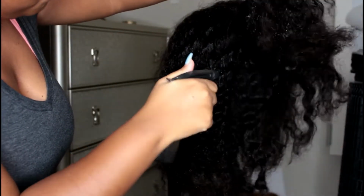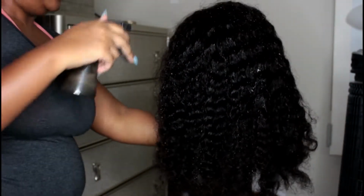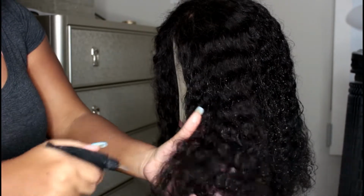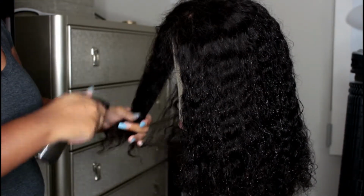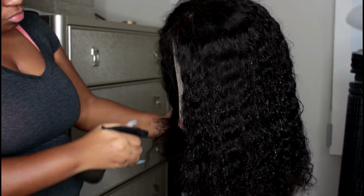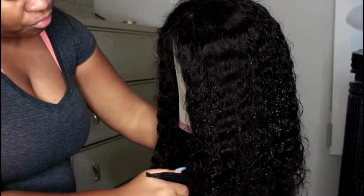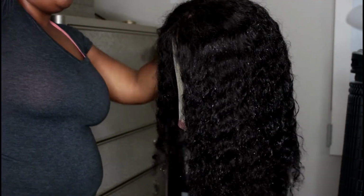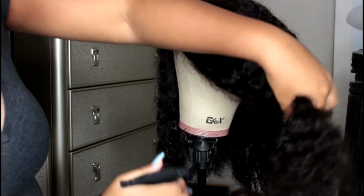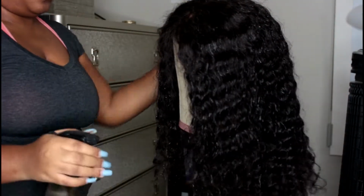So right now what I'm doing is spraying the wig with water mixed with conditioner. The conditioner that I use is sulfate free, but to be honest with you, I use different kinds. There's no specific type that's better. I find all of them are fine as long as they're sulfate free, which I think maybe all conditioners are nowadays. But yeah, so I mix that with some warm water